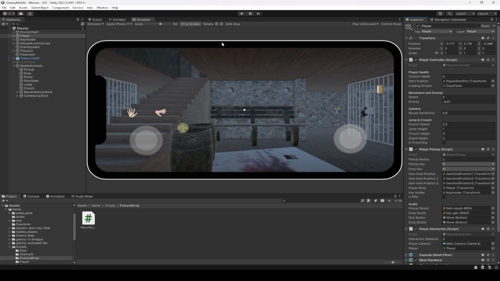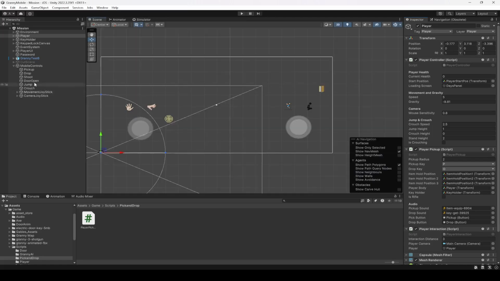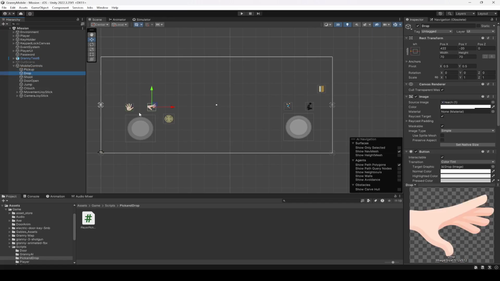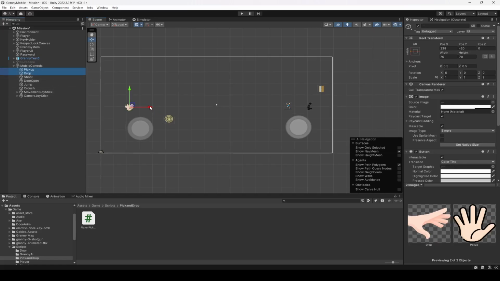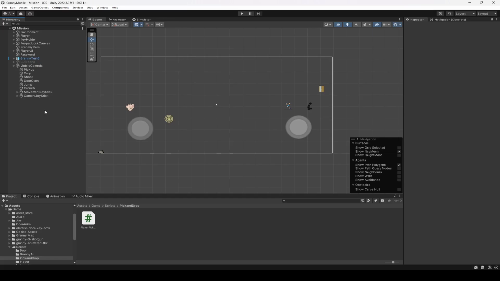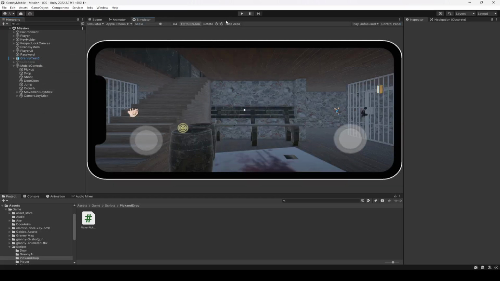Now if we get back right here and click on player, and in the player pickup we need to provide these buttons, so pickup button and drop button. Alright, and since they both will never be shown at the same time, you can now do either this style or you can just make both of these buttons in the same place. Alright, for example right here. Okay, and just leave this as it is, and then you can go ahead and play the game,